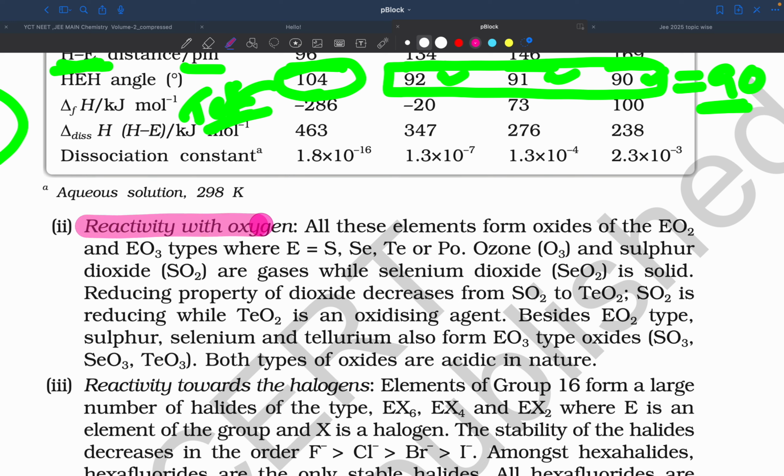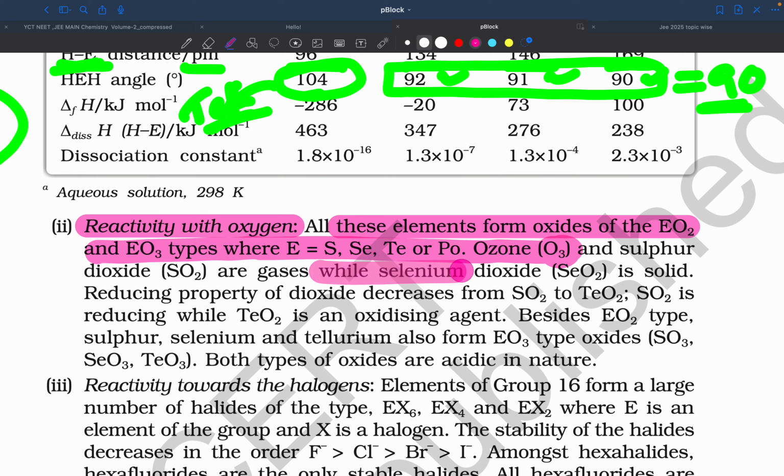The reactivity towards oxygen. All these elements form oxides like EO2 type and EO3 type of oxides, where E is the element. Ozone O3 is the only oxide, and sulfur dioxide are gases, while selenium dioxide is solid. Reducing property of dioxides decreases from